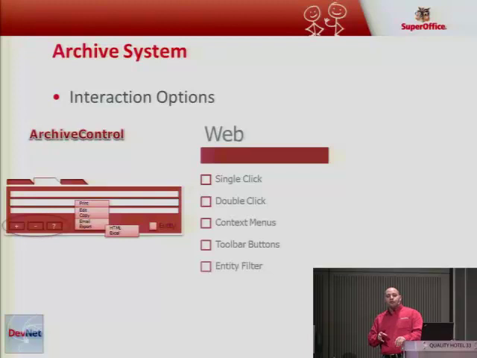In the archive provider, you say what this archive provider is actually going to give you. Is it going to give you a sale? Is it going to give you an appointment? Is it going to give you a document? Is it going to give you an invoice? Is it going to give you a product? That's an entity. And when you click this checkbox, it will basically re-invoke that archive provider where the mechanisms or